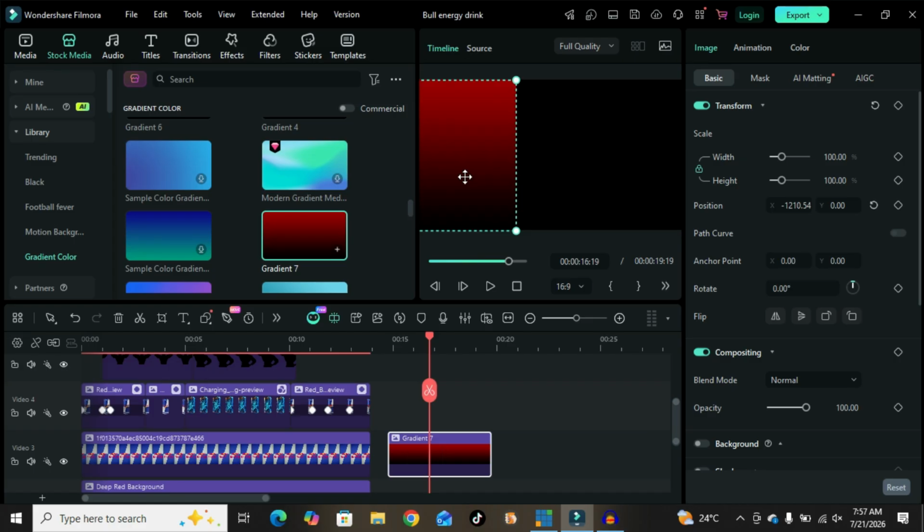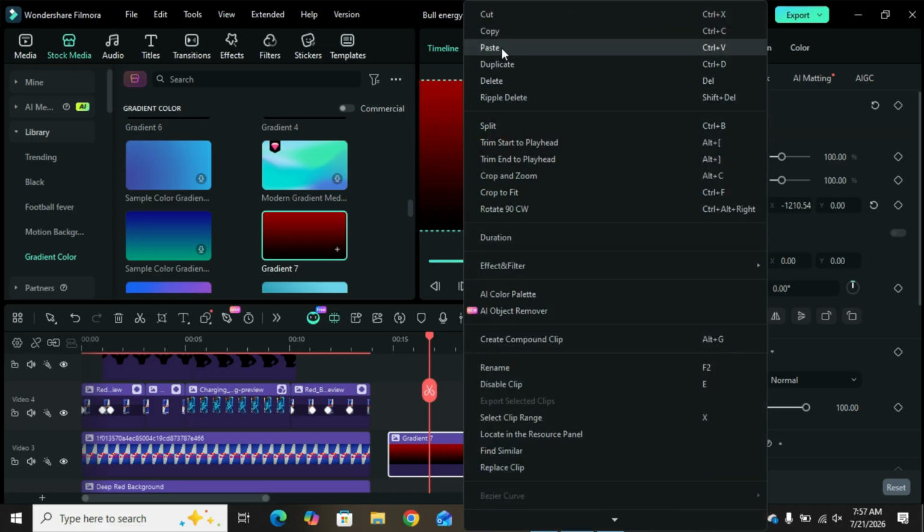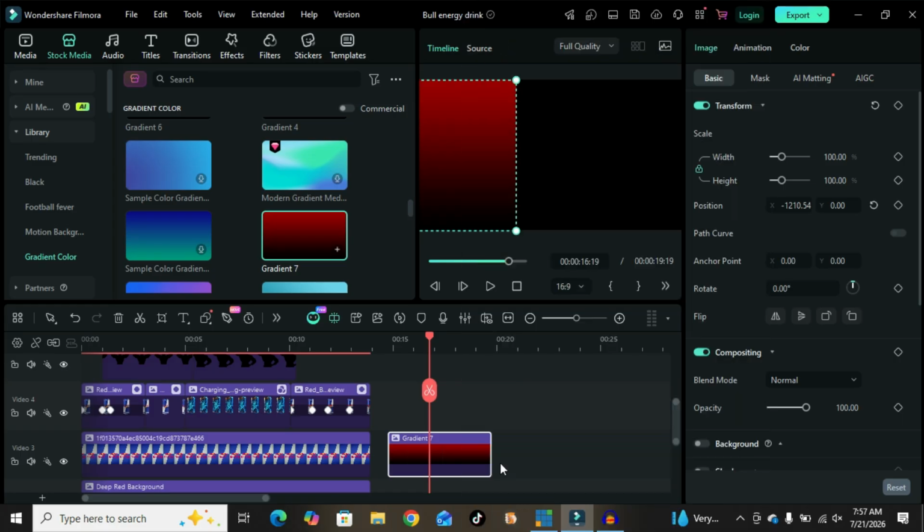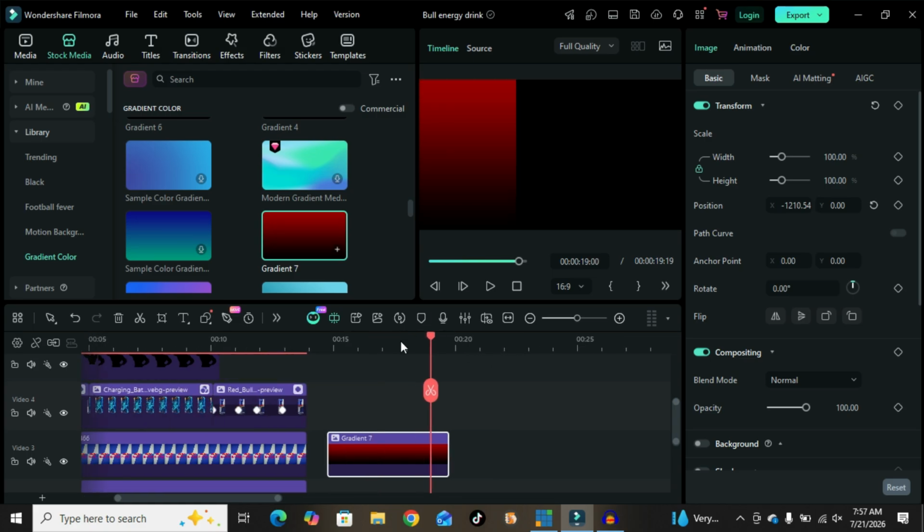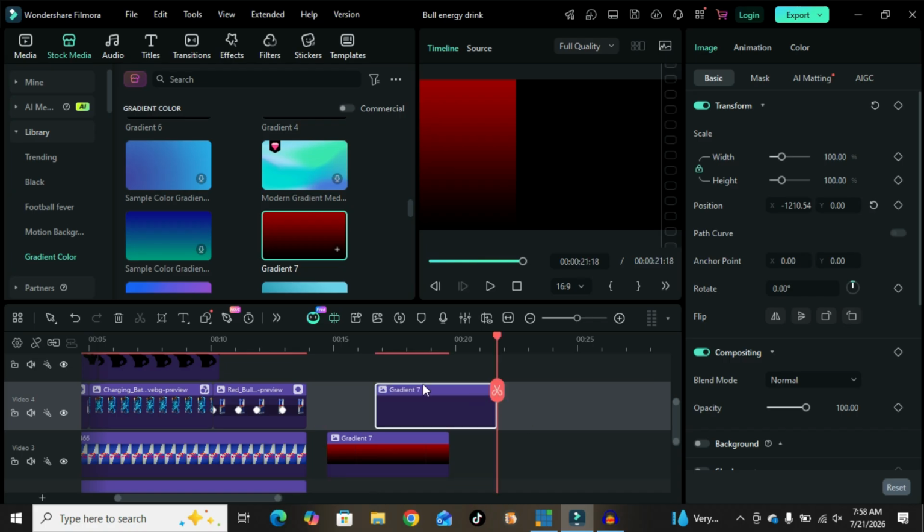So you see the same background now for the other side. I copy the background: I right click it and click copy. On the keyboard I press Ctrl+C to copy, then Ctrl+V to paste it. When I paste it, it means we paste on that line, so let's paste another one on top.